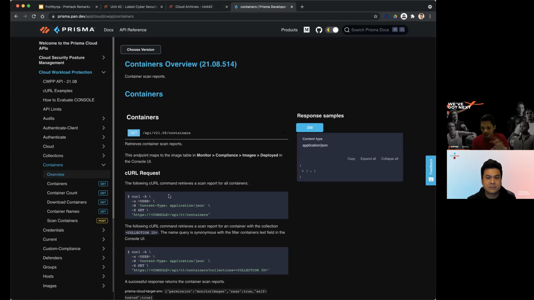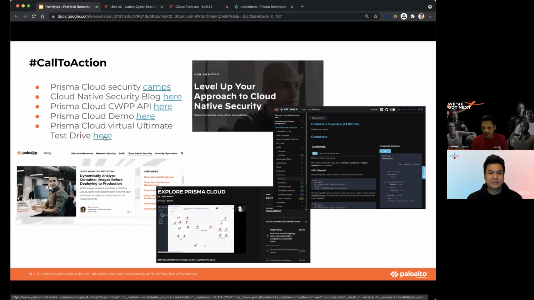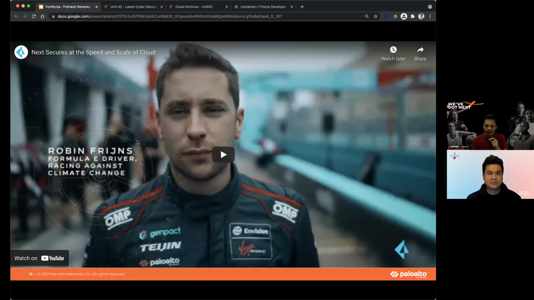It's all there. Whatever you can see, we can do in a console. We can do everything through the API interface as well. So all the documentation is there. I'm sure you guys are going to geek out on this over the weekend, and I will again on Sunday. I'm really looking forward to that. The APIs are there, the demos are there, the test drive. If you are interested, you can register and go for the test drive, where we will host everything for you. But like I said, this weekend is an amazing weekend for you to really do the hackathon.